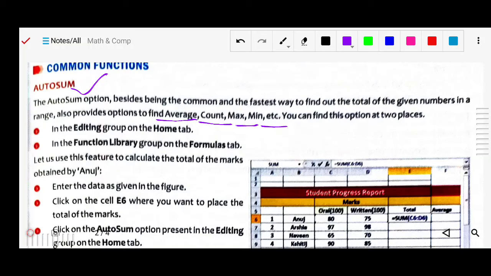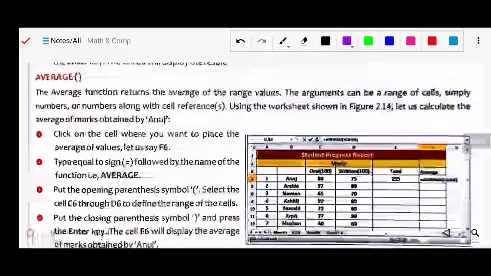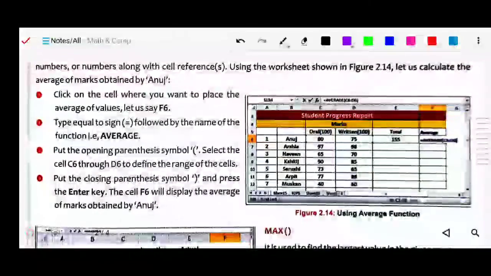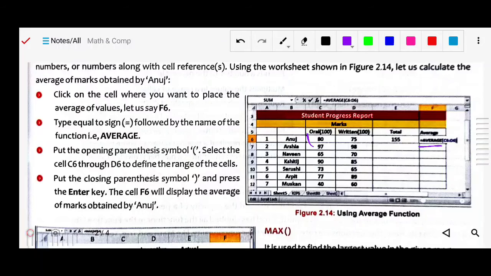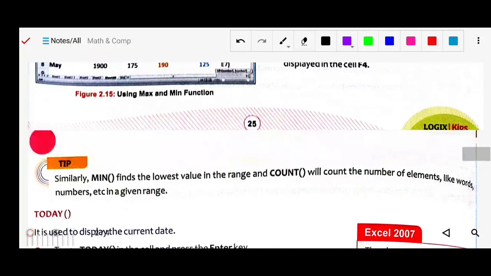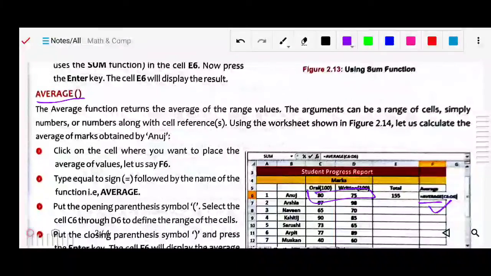In the Home tab you will see the Editing group. In the Editing group there is a formula option. In it, all these predefined formulas like average, count, max, meaning all those functions, you will see. Like you can see here, this is the average. To find the average, simply write equals sign, average, select the range, and the average is calculated. Like sum, you can find the sum, average, min, max. Min and max mean minimum value and maximum value. You have to remember this, actually learn it. This is the name of the function, average, used to find the average.